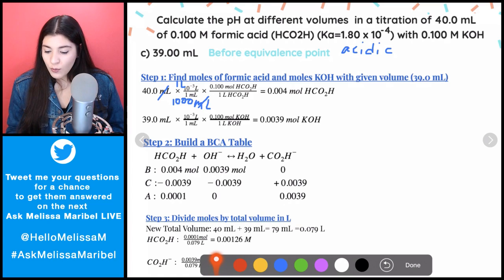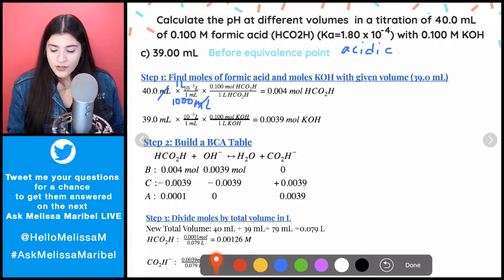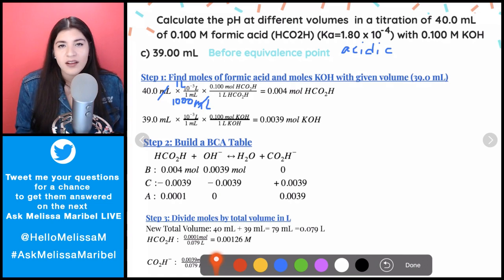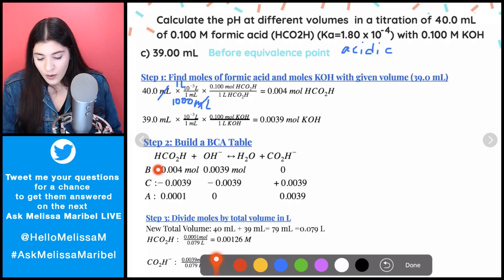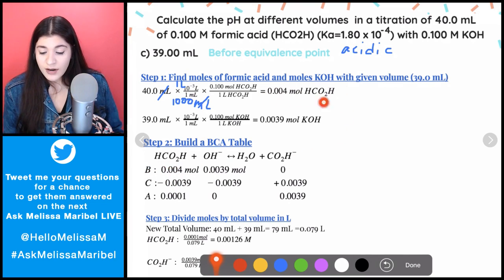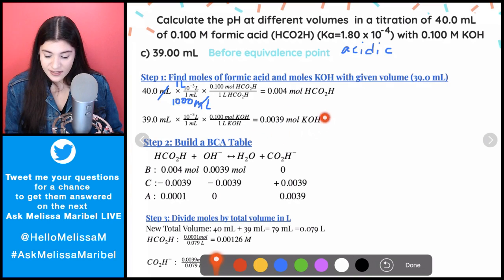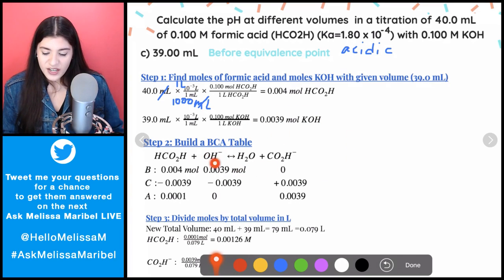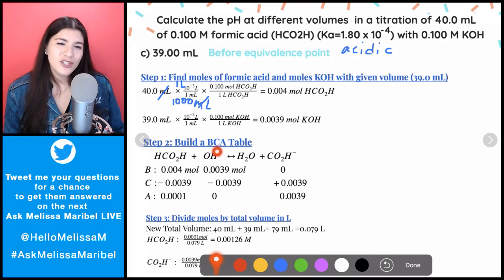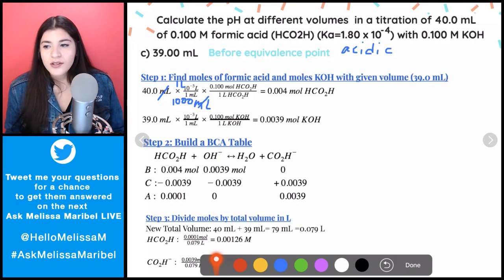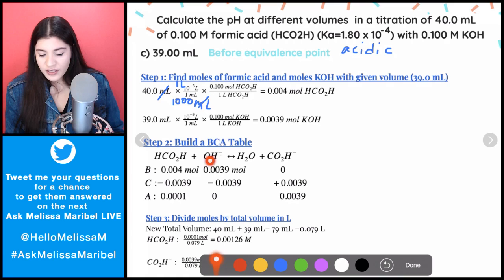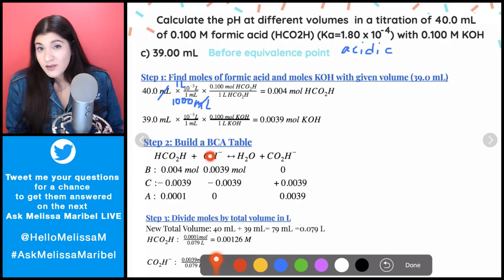Now that we've figured out what our moles of each are, I'm going to plug everything in. It's similar to an ICE table, it's just that it's moles instead. So our before was however many moles we found, which was that 0.004 moles of formic acid. Next, we have the moles of our OH, of our base. By the way, I just put OH. I didn't really care about the K. That's going to dissociate or dissolve, so I don't care about it too much. Really just the OH is what we're focused on since that's the base.